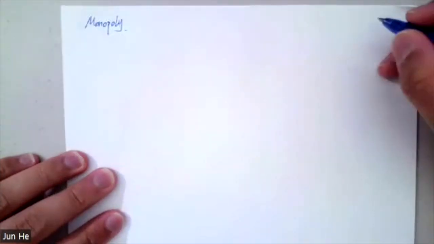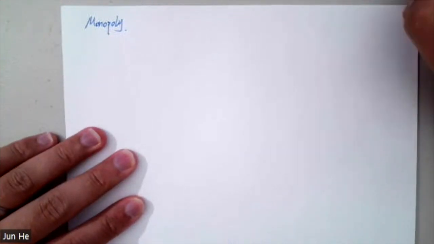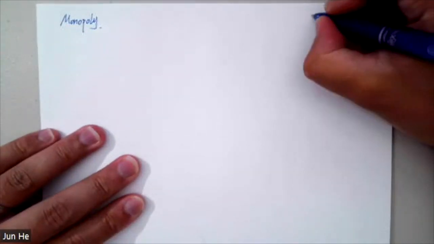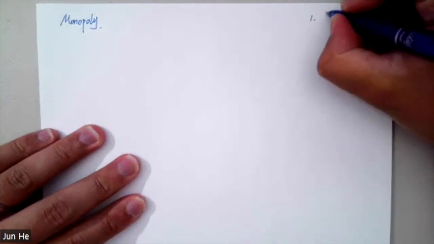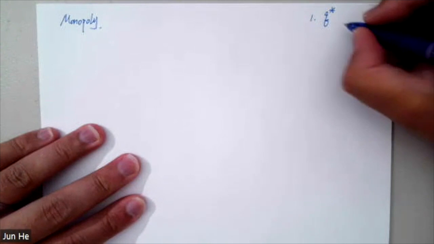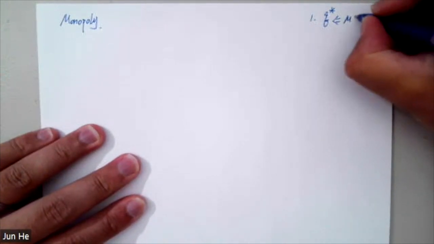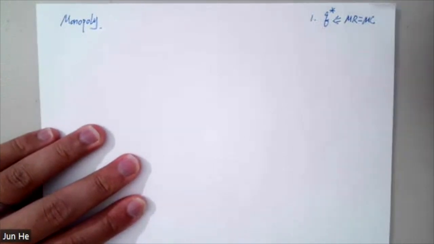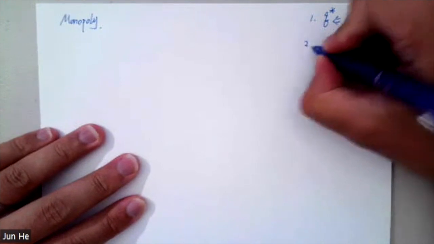Now let's apply the 4 steps to the monopoly case. Let's look back at the 4 steps. Just write it on the corner of the paper. Step 1, you need to first decide what you're supposed to do for the firm. How do you make this decision? Marginal revenue equal to marginal cost. Profit maximizing firm, right? That's 1. And 2,